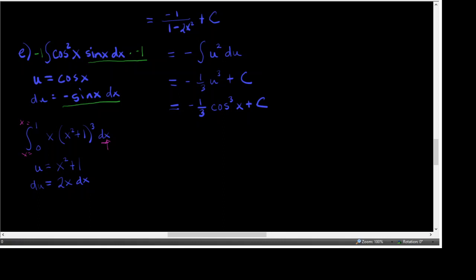I don't quite have it yet, so I'm going to multiply inside by 2 and outside by 1/2, so that this becomes 1/2 the integral of u cubed. And I didn't underline all of that for you. It's not a bad thing to do. Not essential, but anyway, all of that underlined stuff is my du,